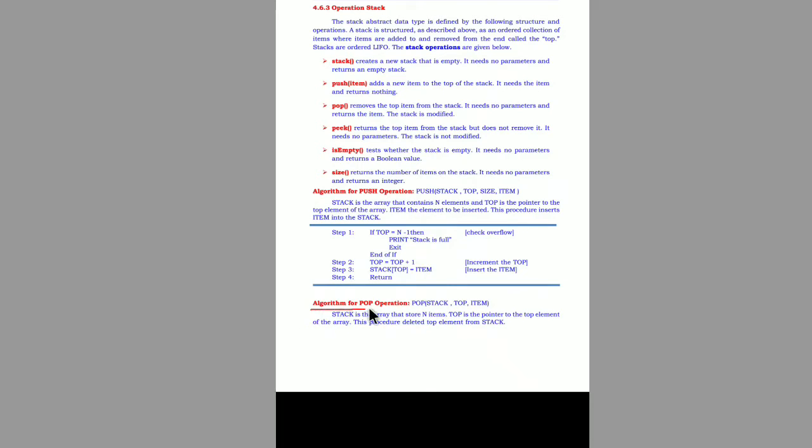The other algorithm is the pop operation algorithm. So what is pop here? The pop operation refers to the removal of the top element from the stack. What is it? The removal of the top element from the stack. So that operation is known as pop operation. See, in arrays we call it insertion and deletion, but in the stack concept we use these terminologies called push and pop operation. Push means adding a new data item to the top of the stack. Pop means removal of the element from the top of the stack. We will see the steps involved in popping out the top element from the stack.